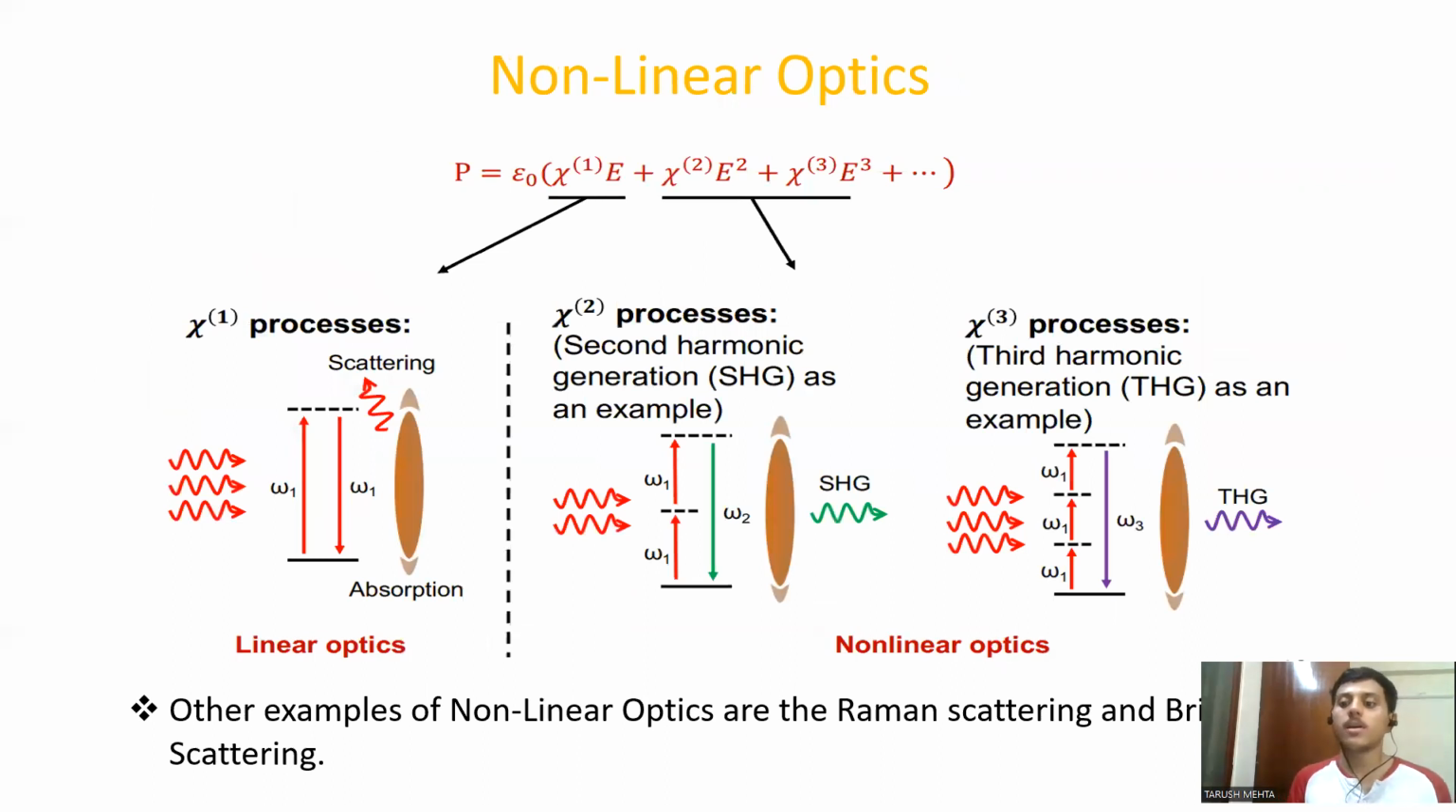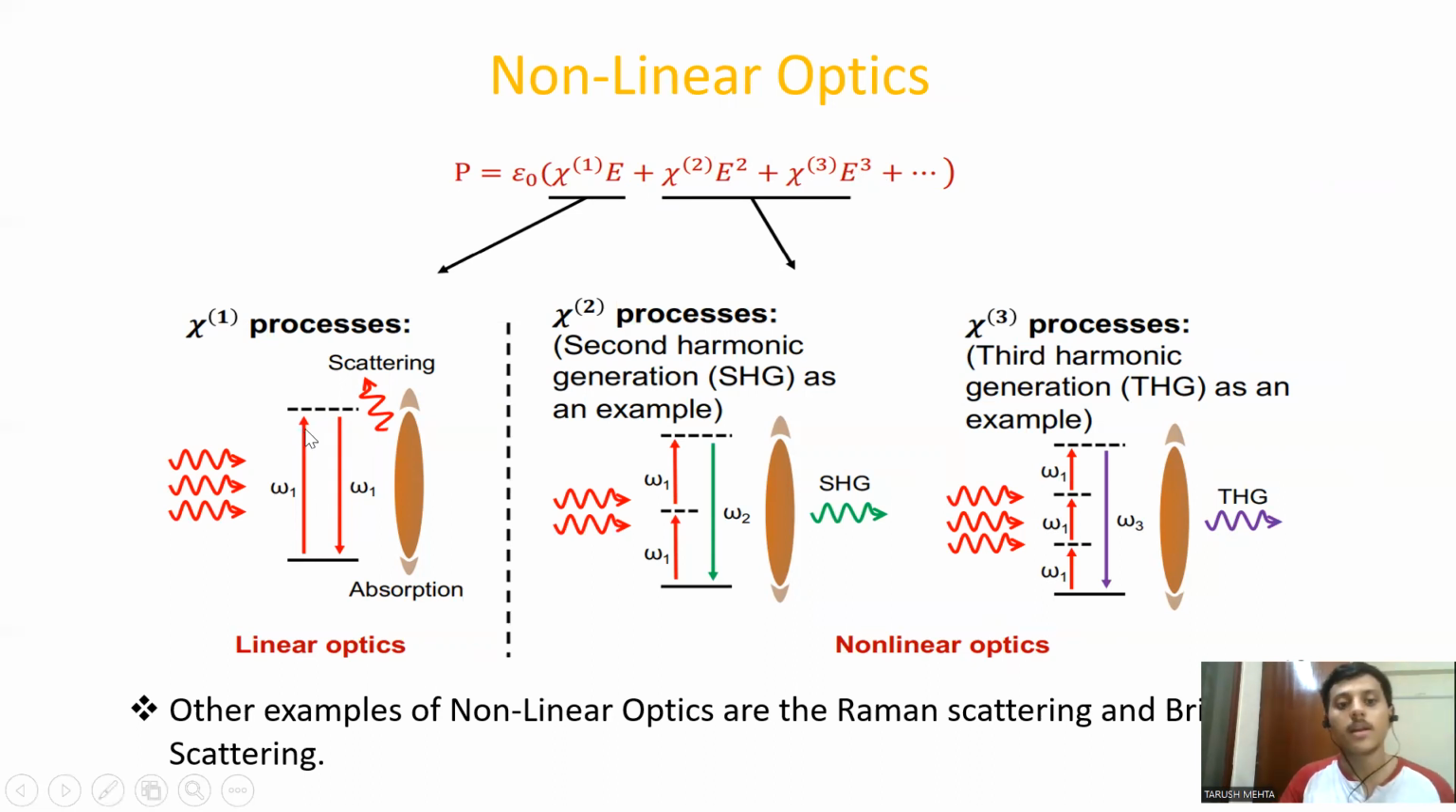Finally, coming to the last topic, which is nonlinear optics. As we saw earlier, polarization was equal to epsilon naught chi times E, but we can have several other processes like second harmonic generation and third harmonic generation. Because of that, the expression for polarization becomes epsilon naught times chi1 E plus chi2 E square plus chi3 E cube, and so on. So linear optics is also called the optics of weak light, because